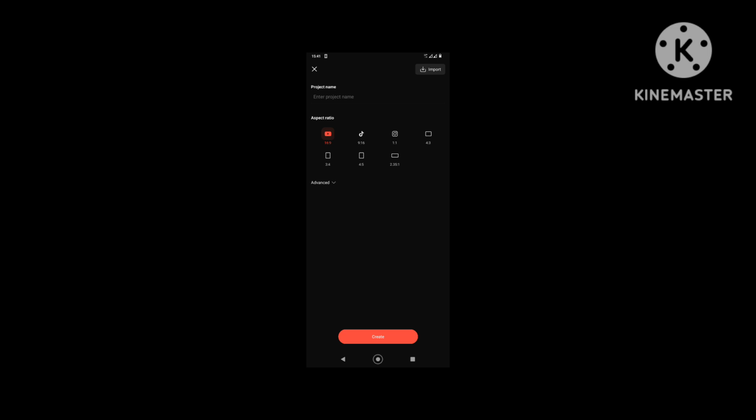The app will ask you to choose the aspect ratio. The aspect ratio is the size, the length and the width that your video will be taking when you render it. You'll have different types of aspect ratios there.